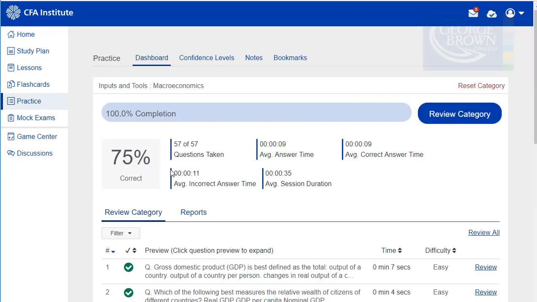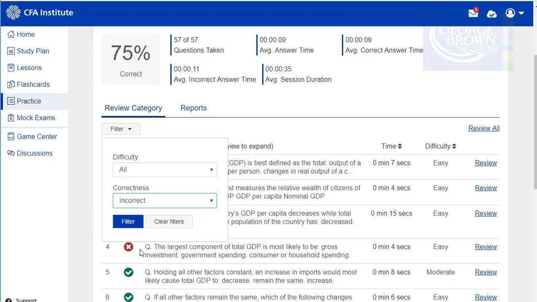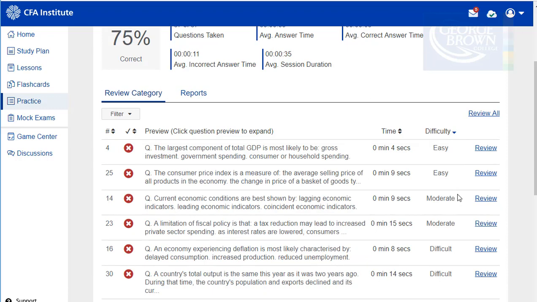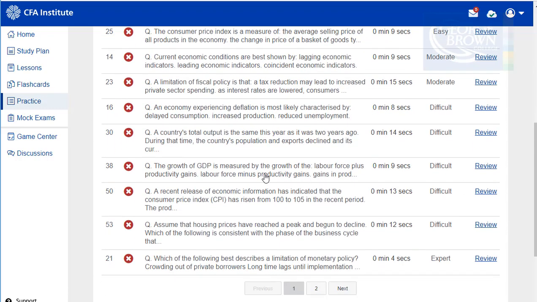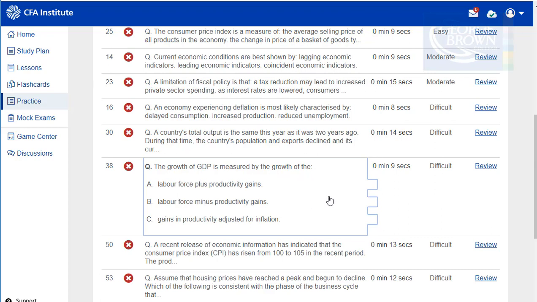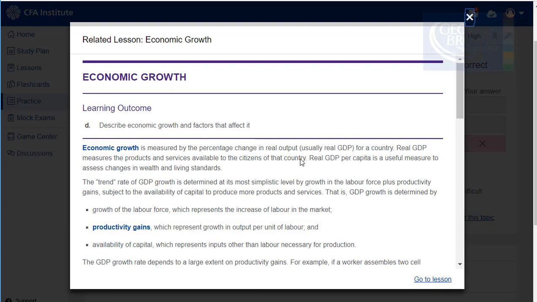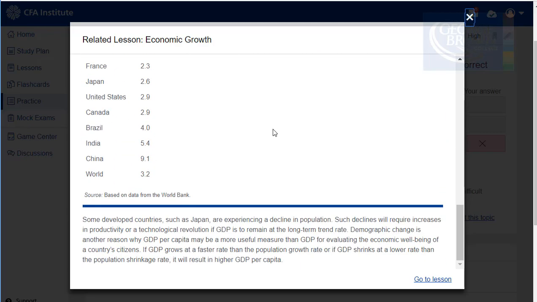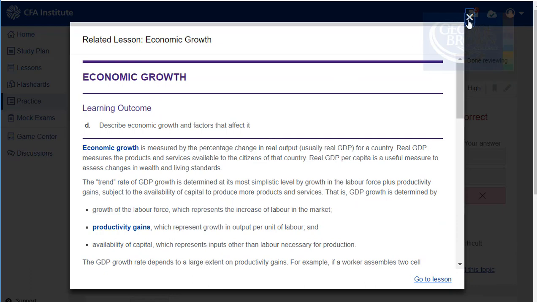You can see here I've done my practice, and again, after you've done your practice, you can do your review, see the questions that you got wrong, maybe sort them in terms of the categories, easy, moderate to difficult, and then I'm going to go back and review the question that I got wrong, and then I'm going to click in, and there's the learning outcome D that question was referring to, and I'm going to scroll through and find where I made my mistake with regards to that question,